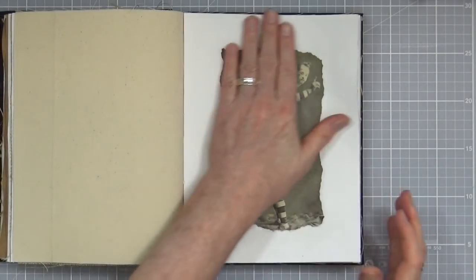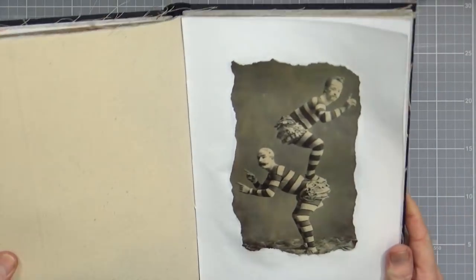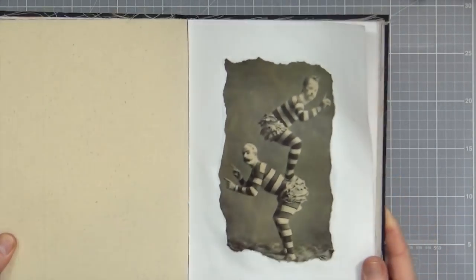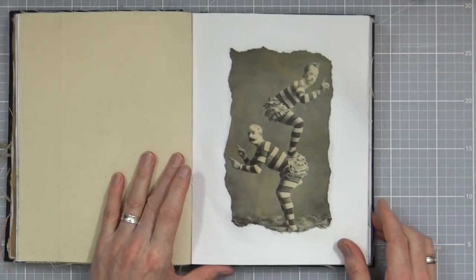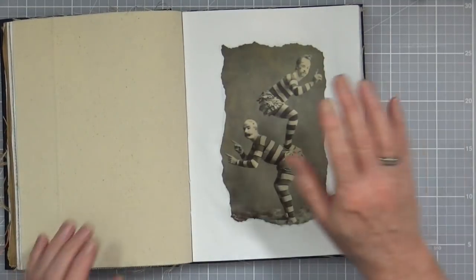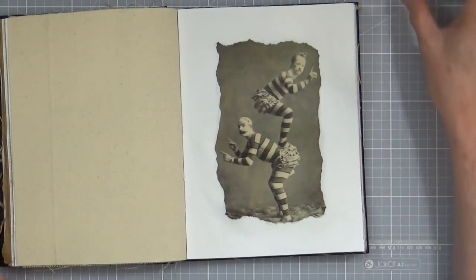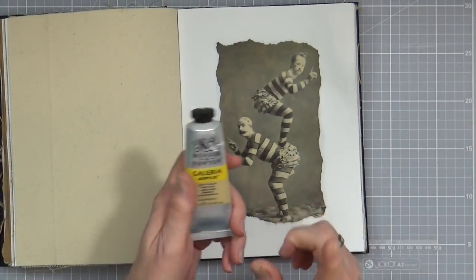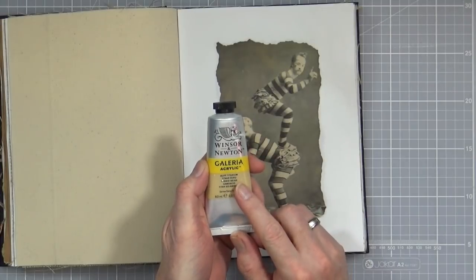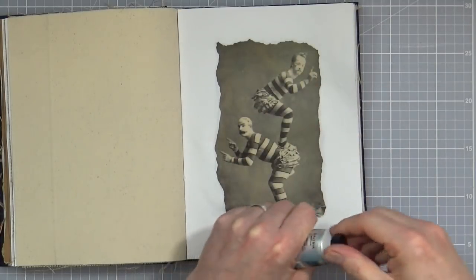Okay, so my image is now completely dry, and as you can see, the matte medium hasn't created any kind of shine because, clues in the title, it's matte. So now I'm going to start building up my background image, my colour in the background, but to do that I'm going to use some Titan Buff. So continuing that kind of earthy tone